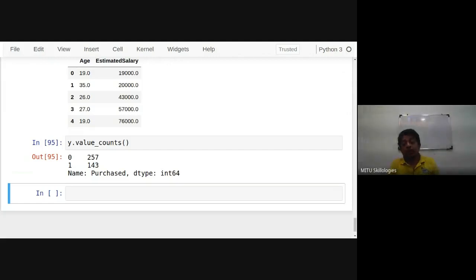Now I want to build a model by which you can predict whether the customer will purchase or will not purchase that particular item. That's the operation you have to perform based on this data. Logistic regression is useful for such cases because my outcome variable is categorical. We could also take only a single input, maybe age or salary only, but I've taken both of them here.